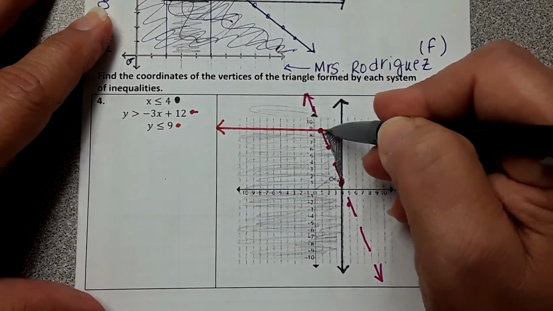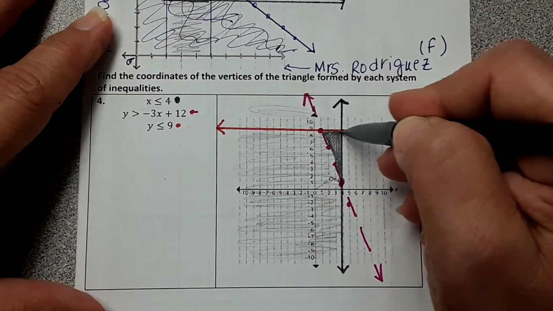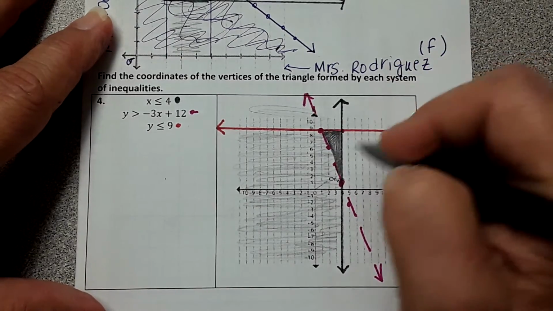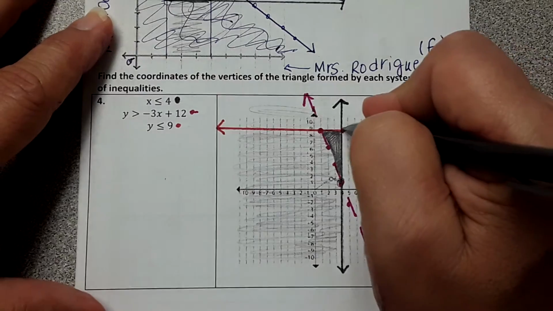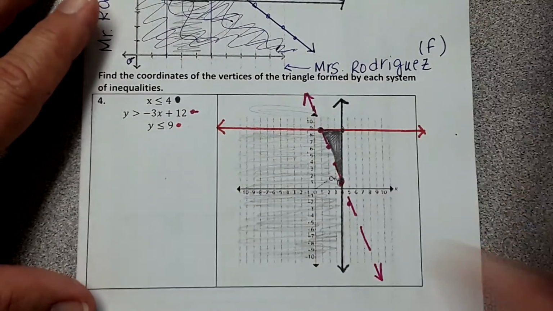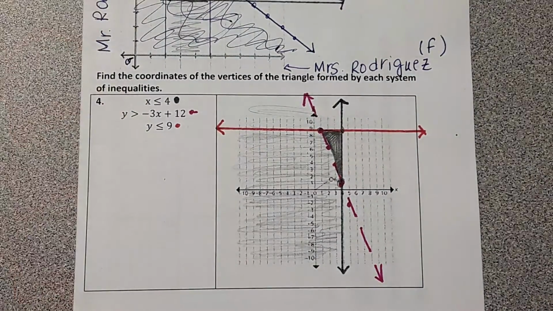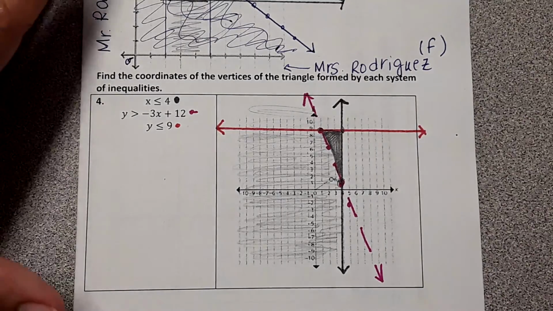And now what we're going to do is write those vertices of the triangle. So here, here, and here. So we have 3 vertices. I know one of